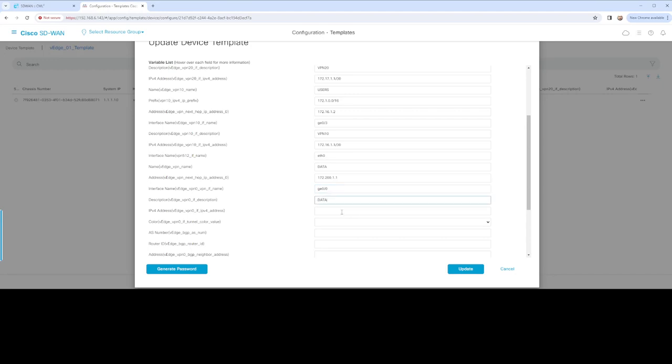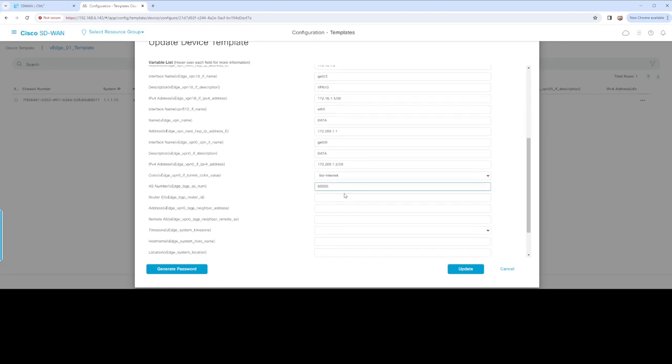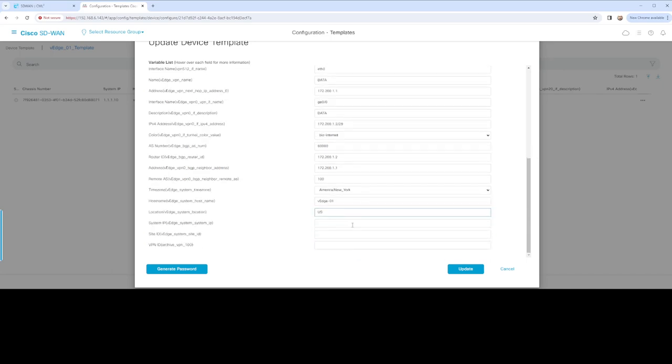Let's see data. We want this the right color scheme. Peer. Let me try N. Nope, that doesn't work, of course. America, New York. Okay. US site number 200. And then